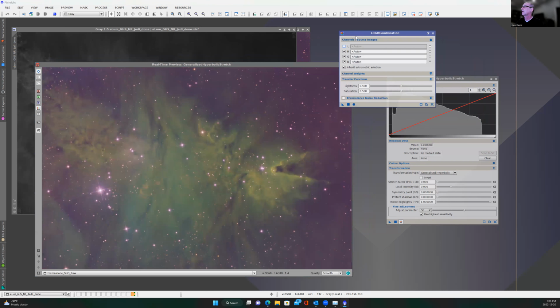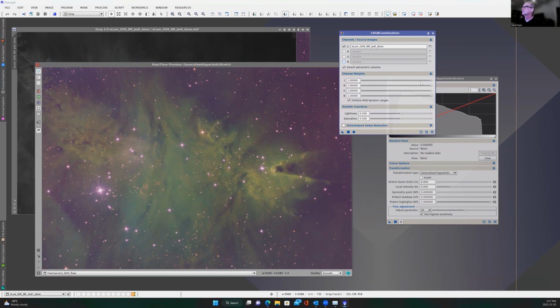At least normally I can. Sorry. Pick my luminance file. Turn these off. But in this color weights, I can weight green a little bit less. And you have to do a little experimentation here. Let's say I want to weight green a little bit less,